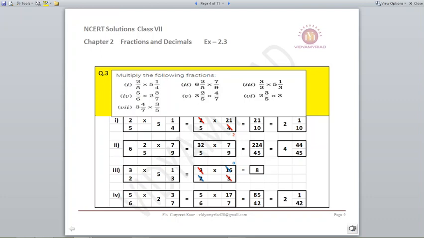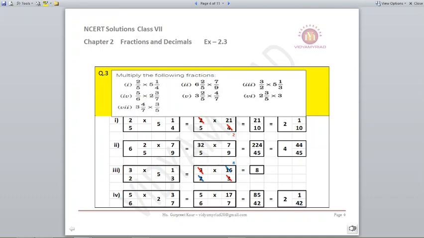2 by 5 multiplied by 5 1 by 4. So convert 5 1 by 4 into improper. 5 4s are 20, 20 plus 1, 21. So it becomes 21 upon 4. If you see 2 and 4 are divisible, so I can write it as 21 upon 5 2s are 10, and then divide and see, it becomes 2 1 by 10 as your answer.